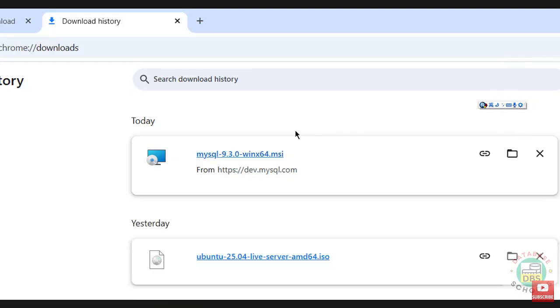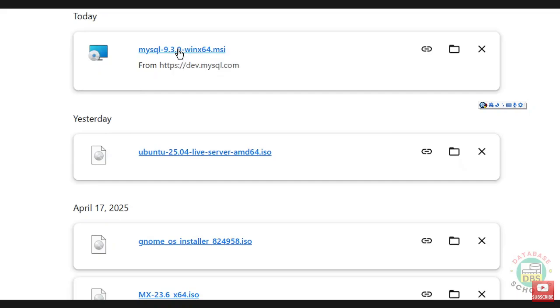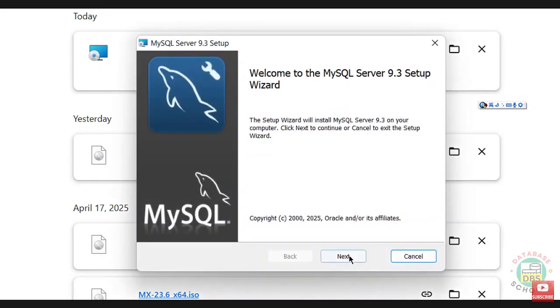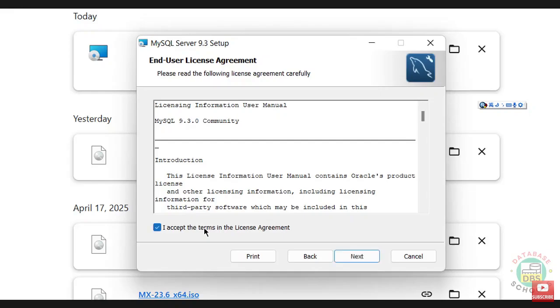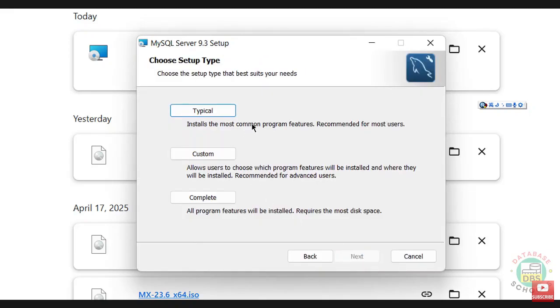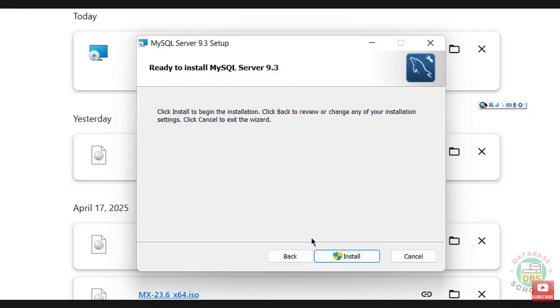See, download is completed. Now click on this MSI file. Click on next. Select the license agreement and click on next. See here we have the three types of setups: typical, custom and complete. So I want to go with complete. Select complete and click on